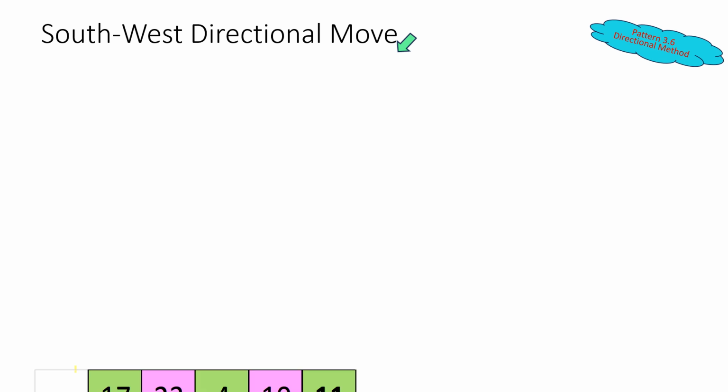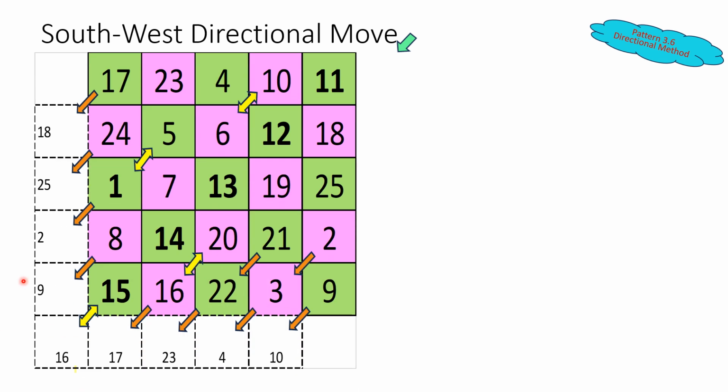Here comes the next directional move. It's the southwest direction. The first number is here. The last number falls on the same line, which means it should go here only. Whenever you get a jerk, we should decide the starting point itself. It takes the right side. 1, 2 get flipped inside. 3, 4 flipped inside. 5, after the jerk, it takes its position to the side of 25, that is on its